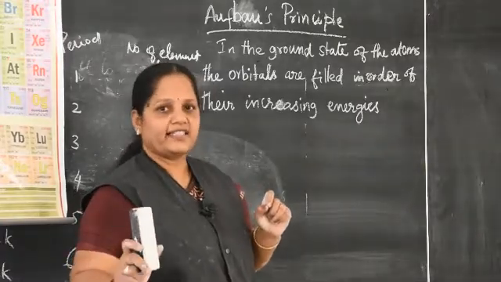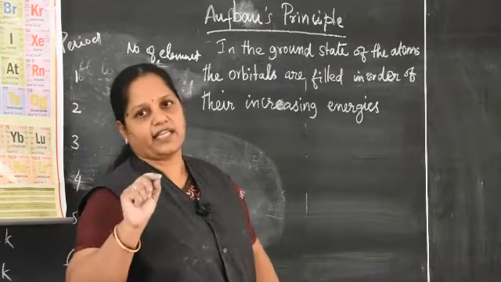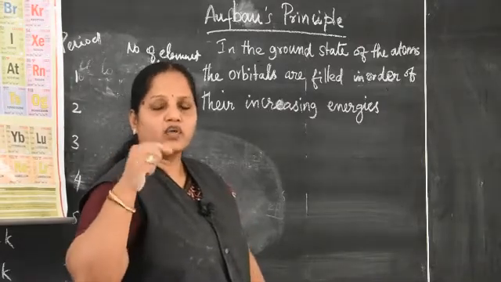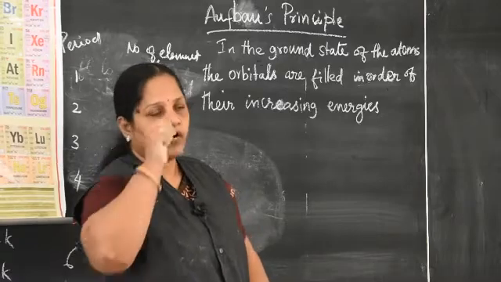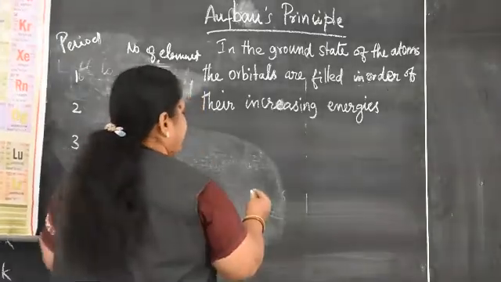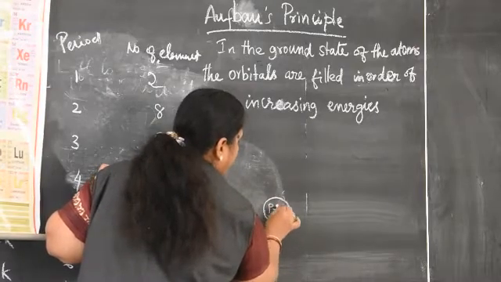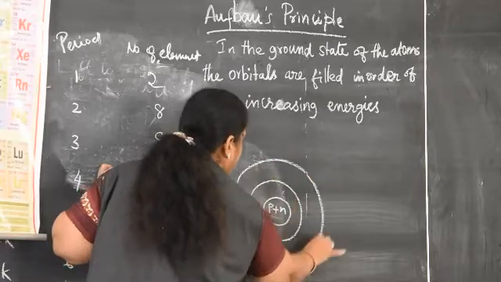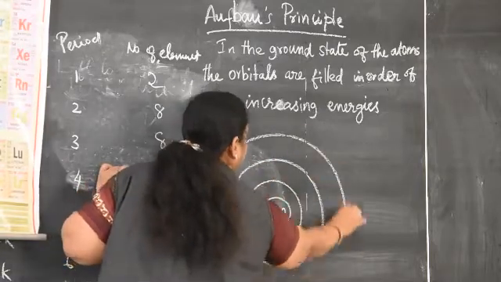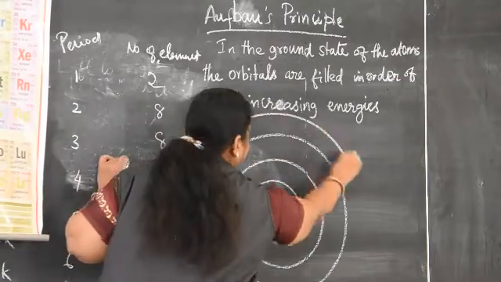I already discussed in the last class that an atom is a sphere in shape, in which electrons revolve around the nucleus in circular paths. Listen to the diagram. Here the nucleus is made of protons and neutrons. Around it, electrons rotate in circular paths. This is called